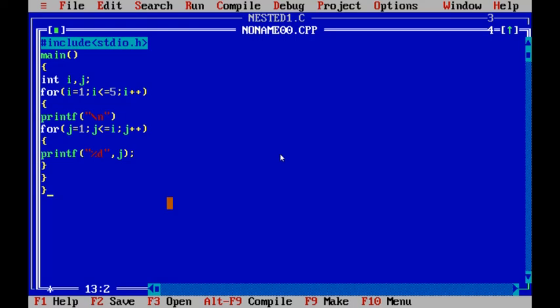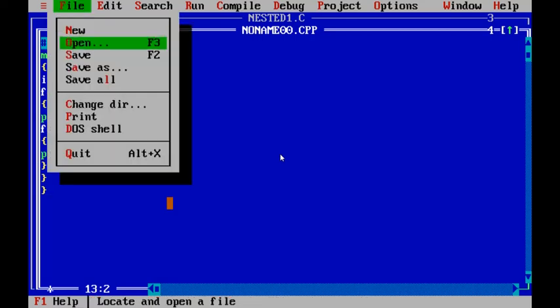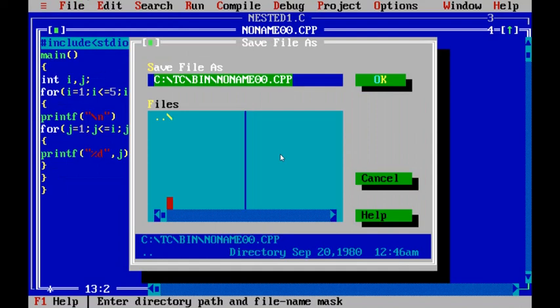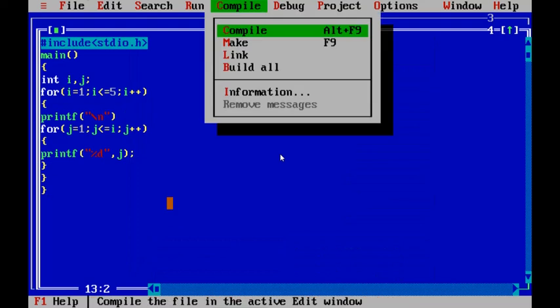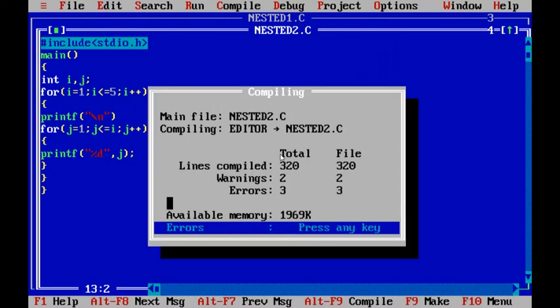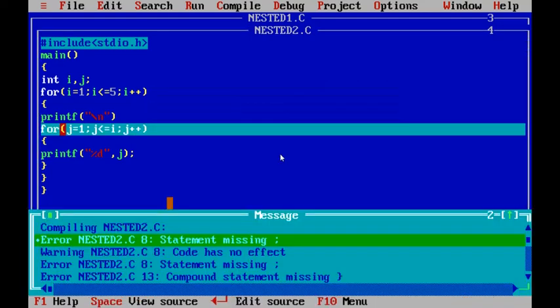Okay, now save the program as nested 2.c. Now compile the program, Alt plus F9. There are 3 errors. We made a lot of mistakes.